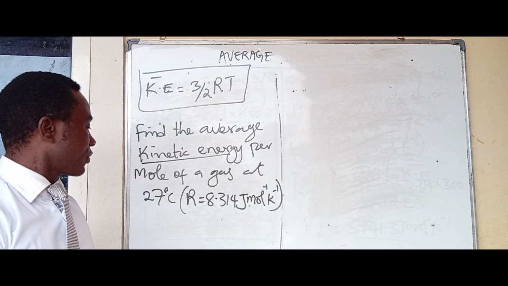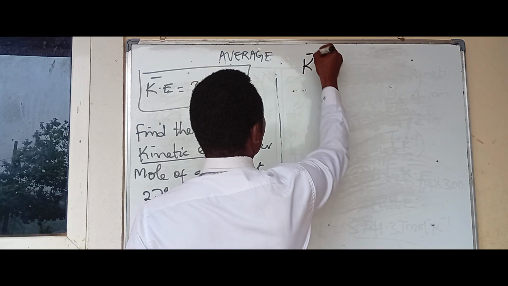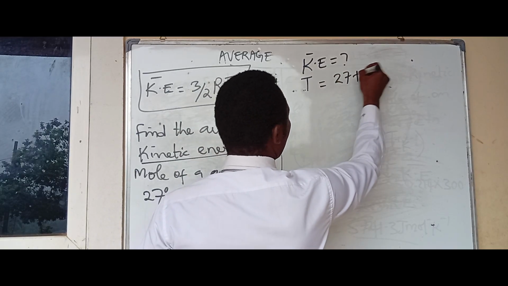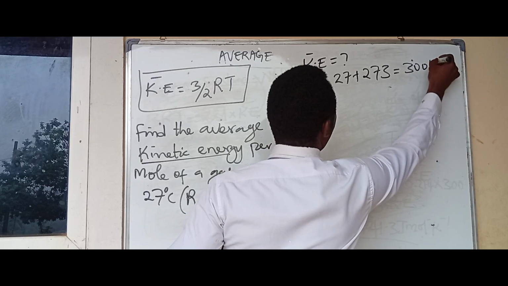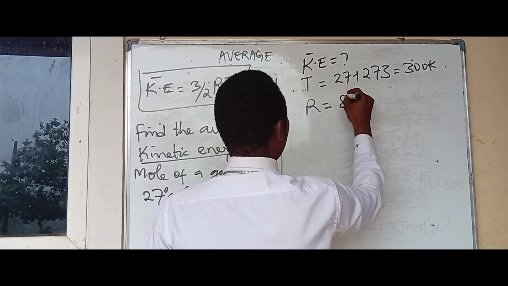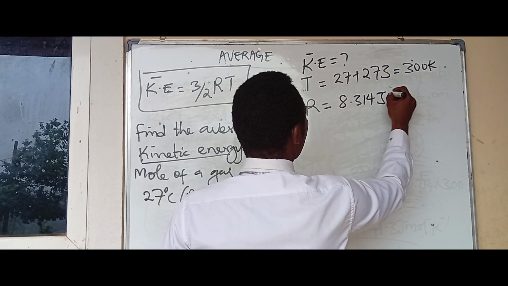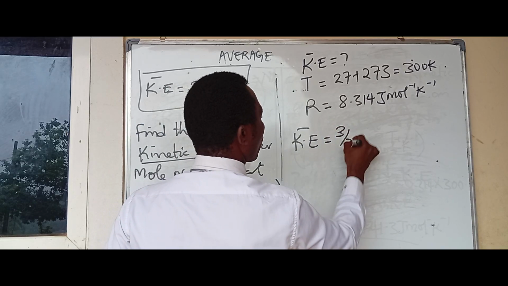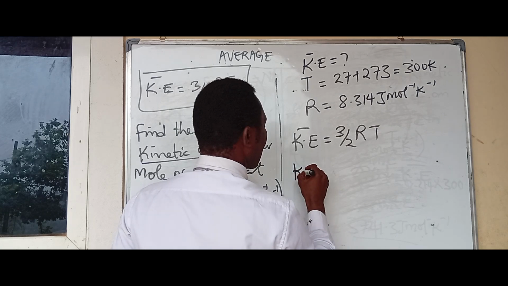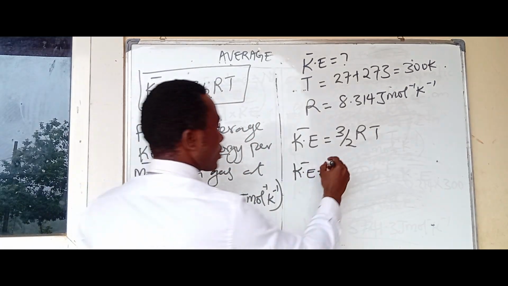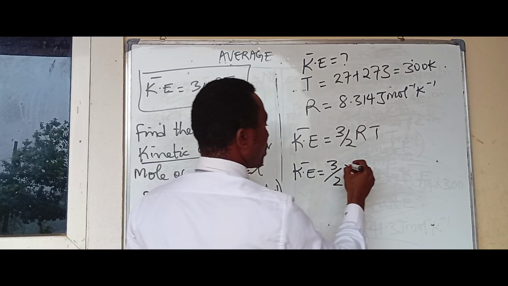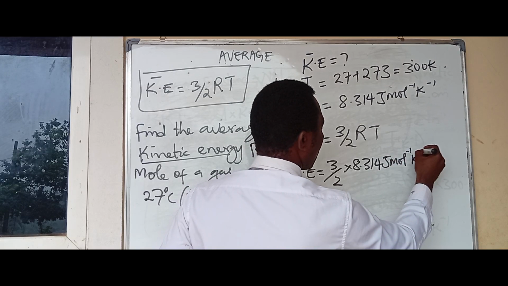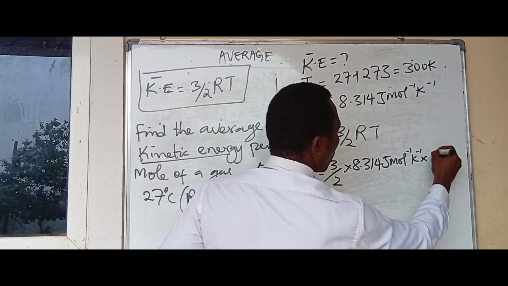Now, we are looking for average kinetic energy. Our temperature is 27 degrees Celsius plus 273, because we will convert it to Kelvin. Then our R is equal to 8.314 joules per mole per Kelvin. That means that the average kinetic energy we are looking for is 3 over 2 RT. So the average kinetic energy will become equal to 3 over 2 multiplied by R, which is 8.314 joules per mole per Kelvin, then multiplied by the temperature, which is 300